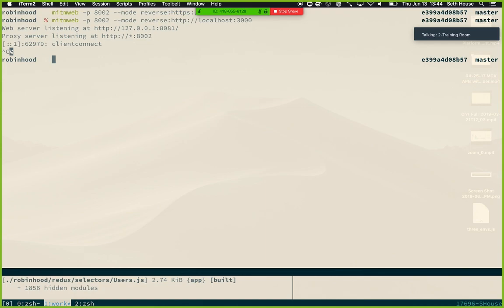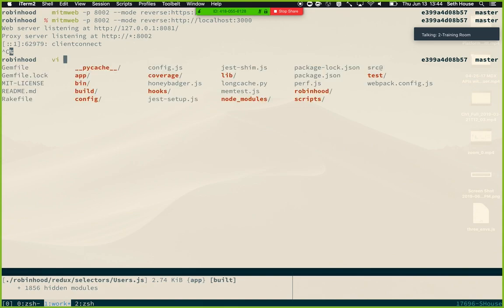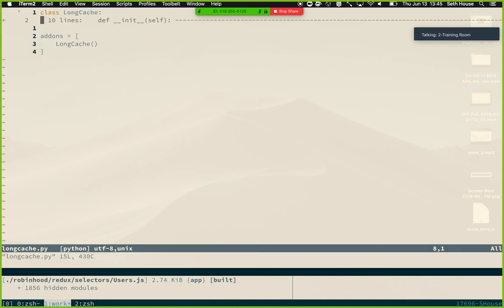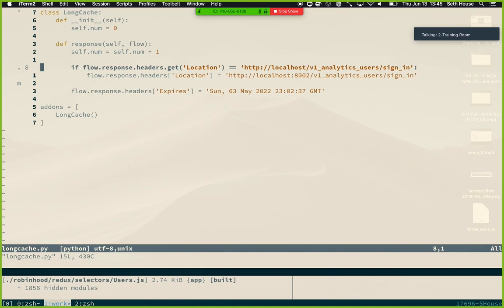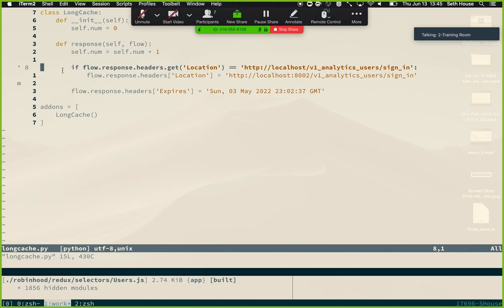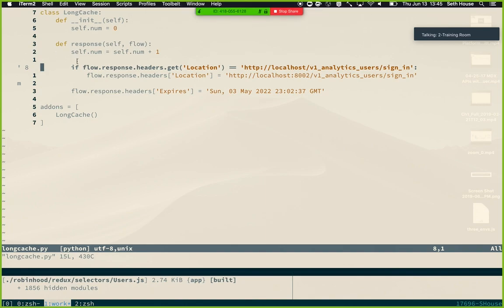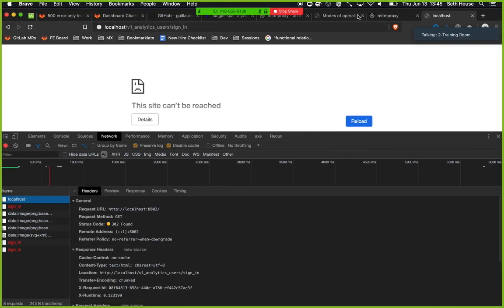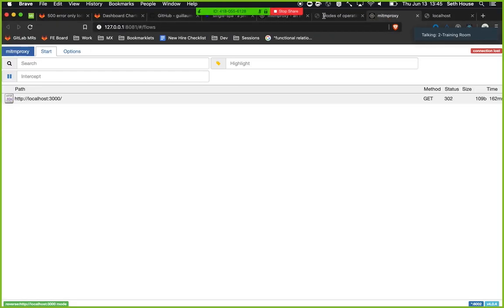So you can write these little Python scripts and load them in, and they're really straightforward to write. The docs are pretty good. They show you all of the hooks, what do I call that, long cache. So say like you wanted to modify the cache headers or something like that. Oh, nice, I already left the location stuff in here. So this is what it looks like. You write a class, you've got a request or response method in that class. There's a bunch of other methods that are available, which you can see if you come to the docs here and go to